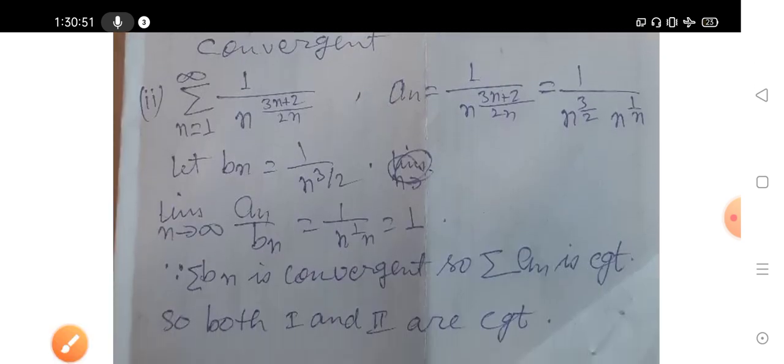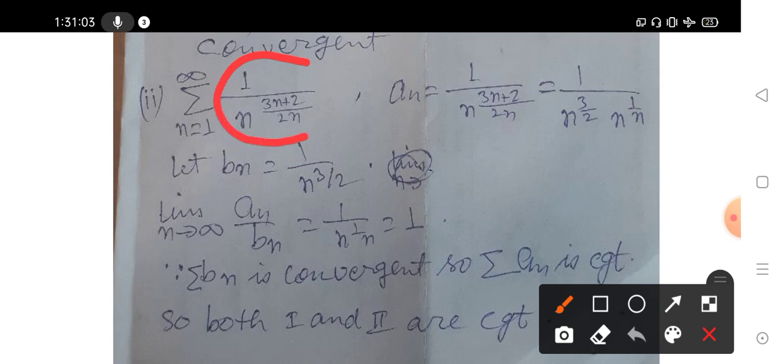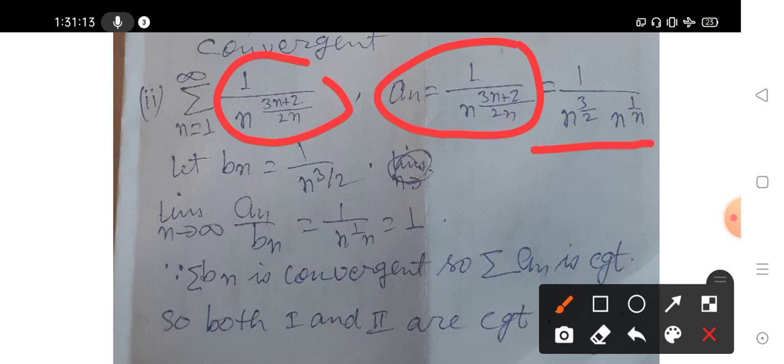And next, this is the second example: the sum from n equals 1 to infinity of 1 upon n raised to (3n plus 2) upon 2n. Here a_n is written as n raised to 3 by 2 into n raised to 1 by n, in the denominator. Let us suppose 1 upon n raised to 3 by 2 equals b_n, and take the limit as n tends to infinity of